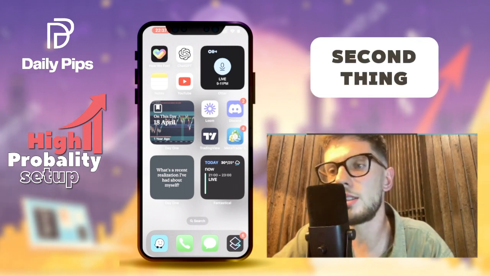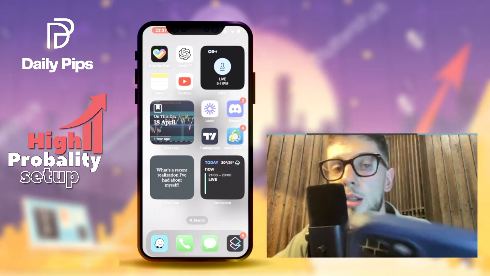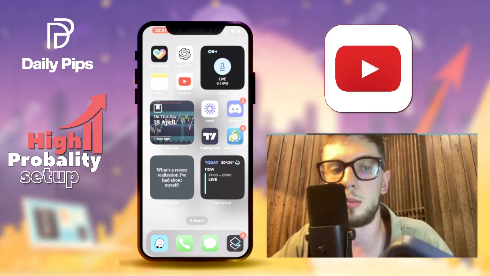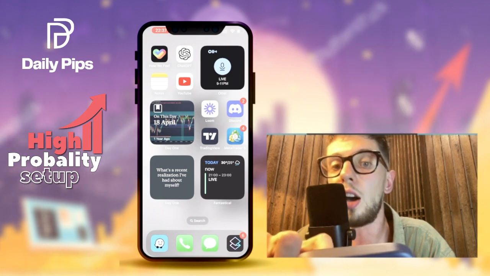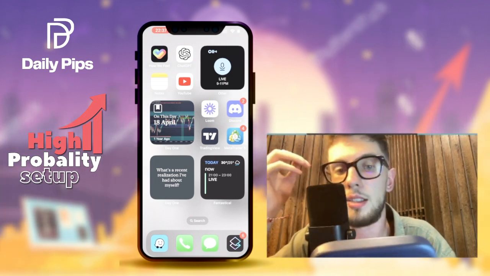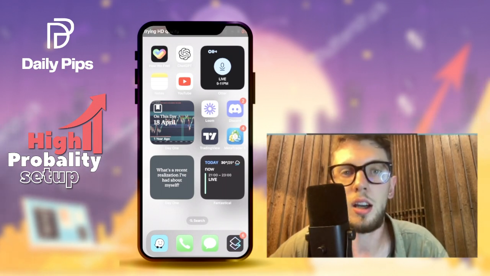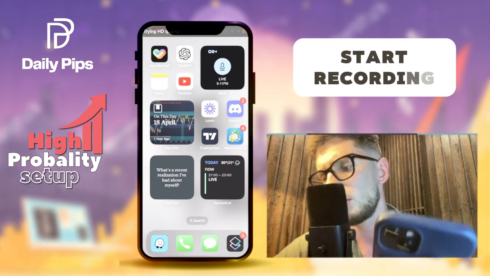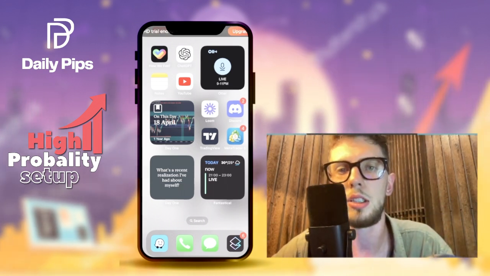The second thing I have is, of course, ChatGPT. Self-explanatory, quick questions when something comes up, I always use that. Notes is where all my life is, and YouTube, self-explanatory as well. On the right-hand side is Auto, where it says live is my meeting booked, right? It says Auto because I can start recording myself and talk into the phone like that. It's just very nice to do.